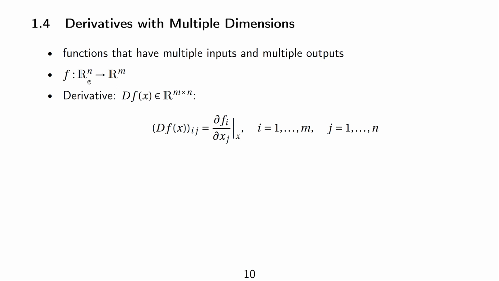So for each combination of input variable n and output variable, that means each of these n input variables